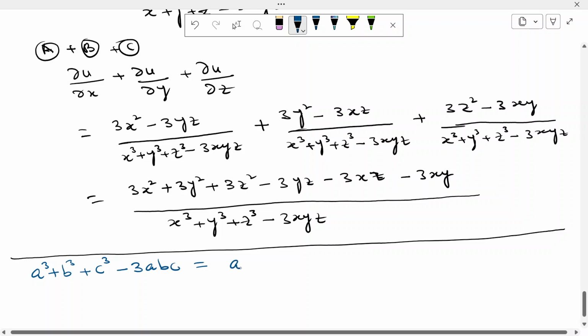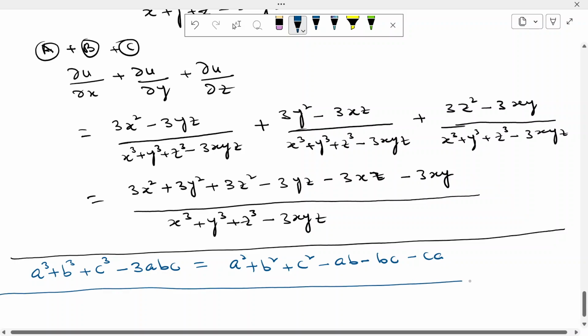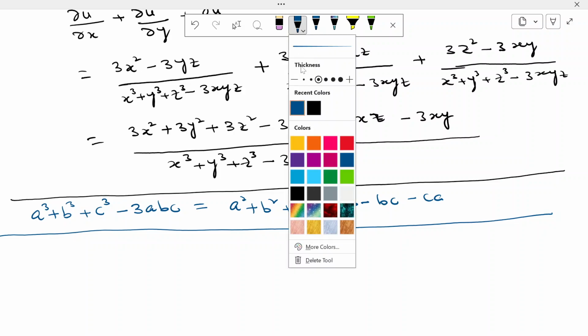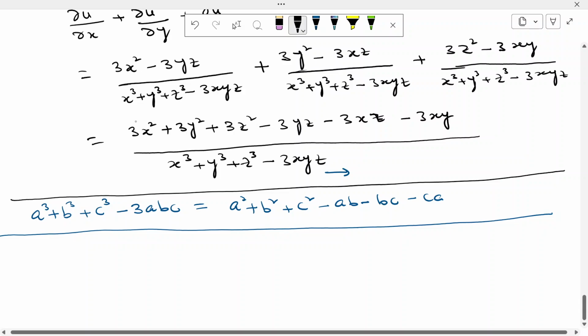So this will be a square plus b square plus c square minus ab minus bc minus ca. So we use this formula here. Okay, so what we obtain, and we take this 3 as common, so this will be 3 times